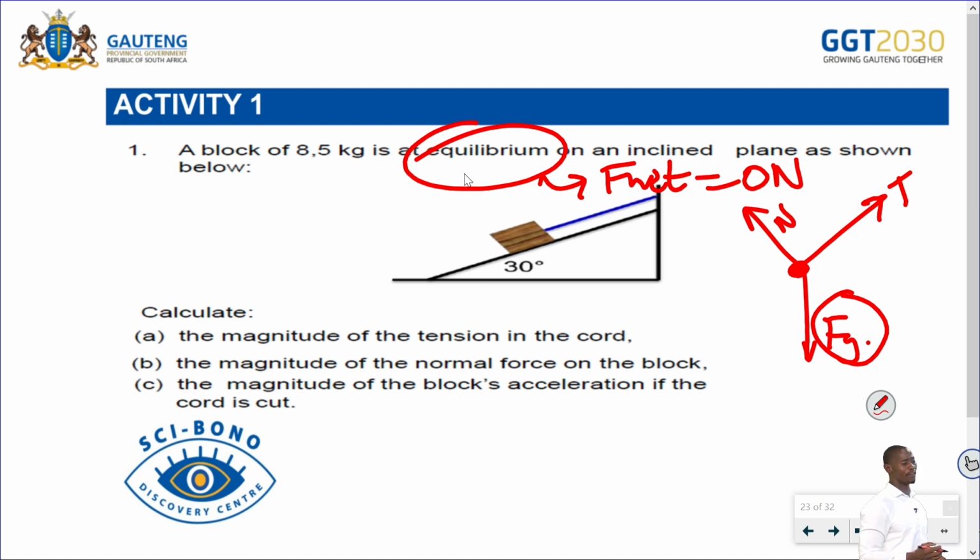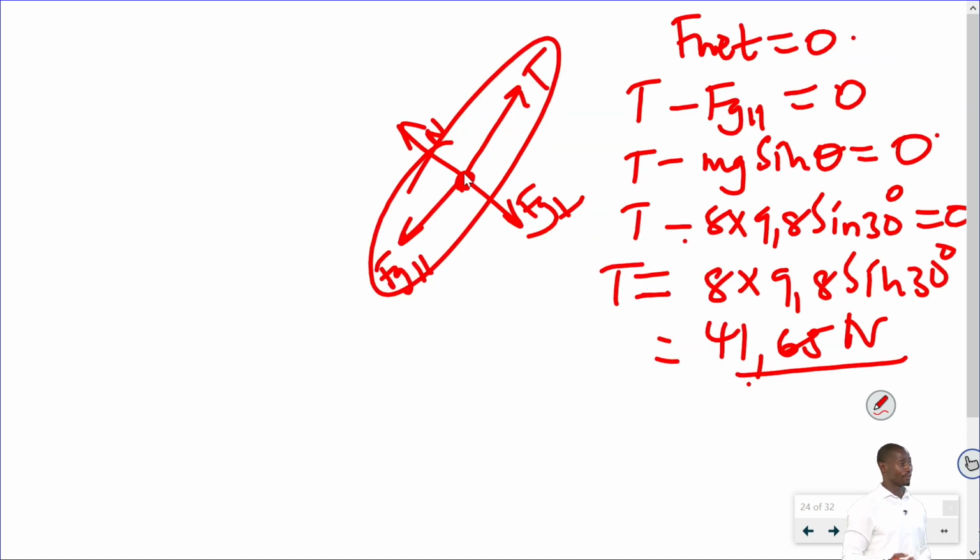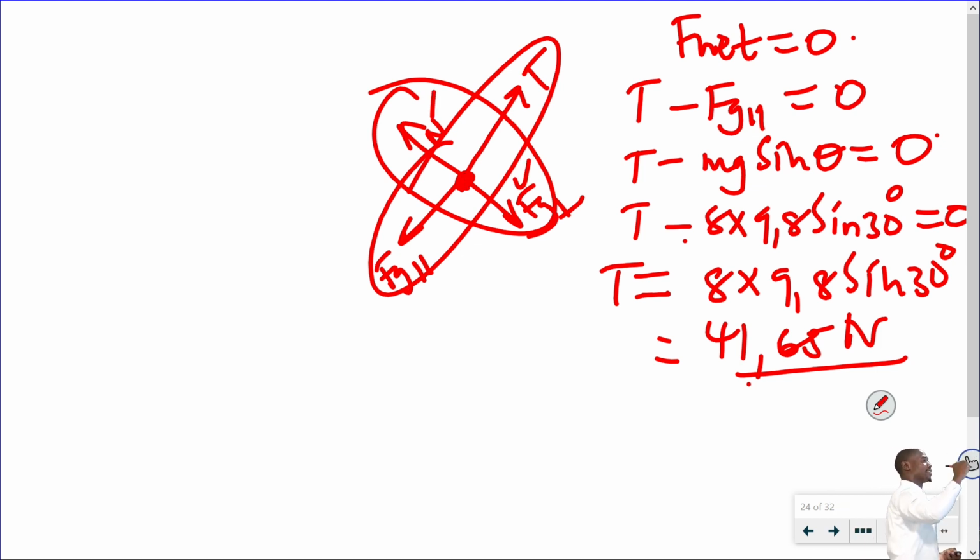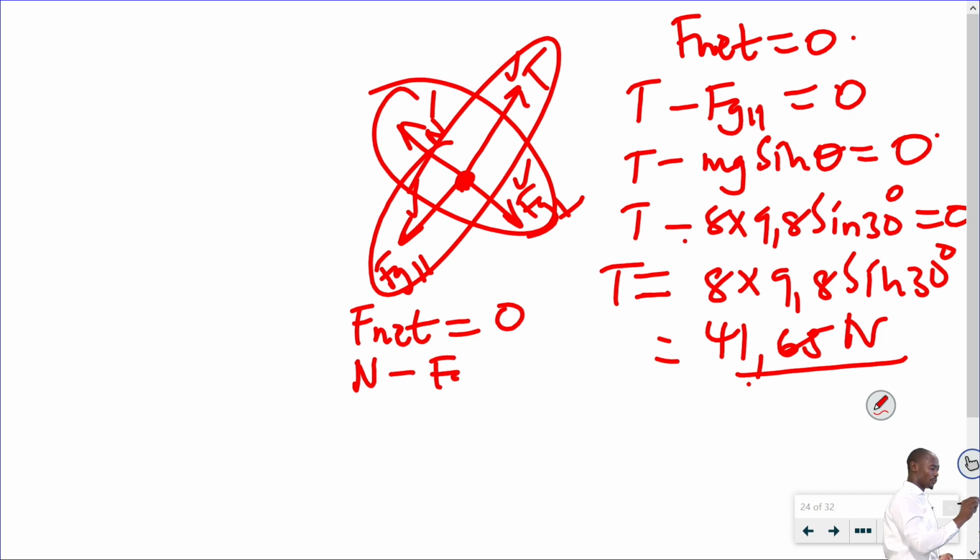The magnitude of the normal force. In this case, we have resolved your weight into its components. So how many perpendicular forces? There are 2. But since this object is not moving perpendicular, it's moving parallel to the incline, so this and this you must get 0. Even for these 2, it's 0 because the forces are at equilibrium. So net force equals 0. Then you have normal force minus Fg perpendicular equals 0,